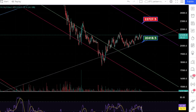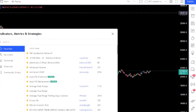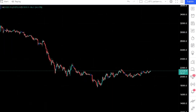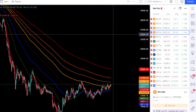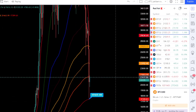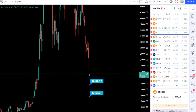One more thing before we close up, I would like to look at Bitcoin. I'll erase all of these, remove drawings and indicators. I want to look at the EMAs. Actually, not on this chart. On the Bitstamp chart is clear. Yeah, this chart. On the weekly,